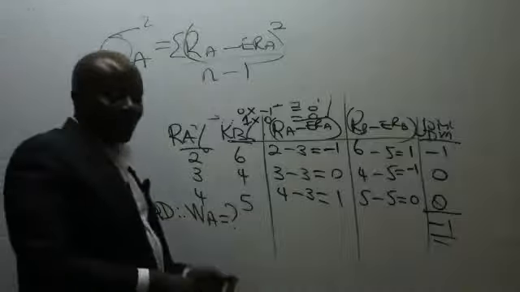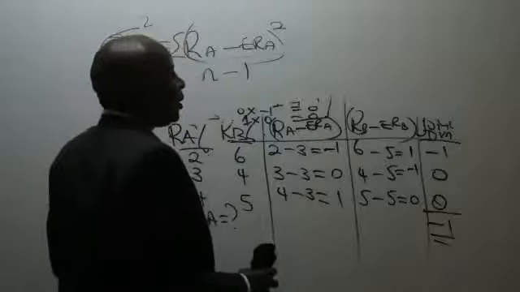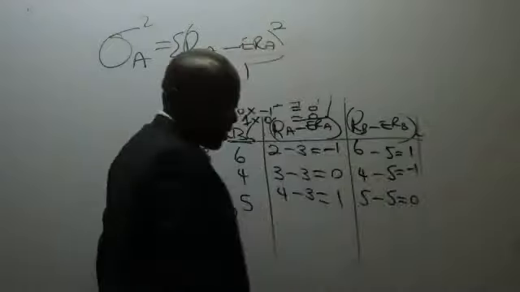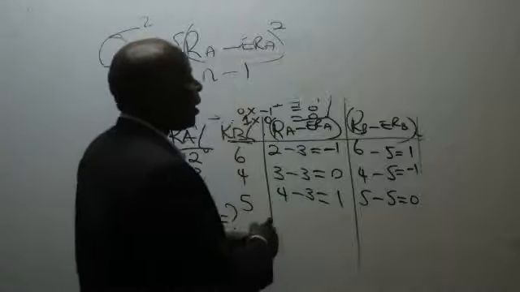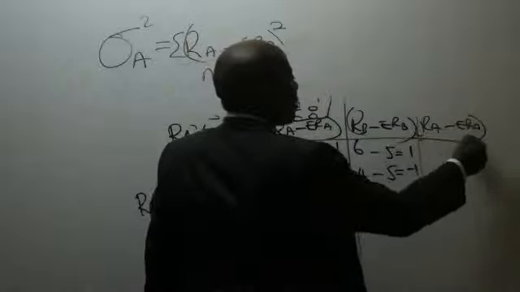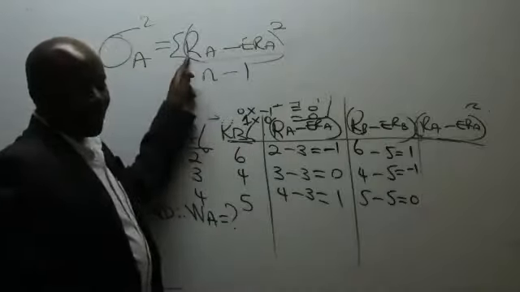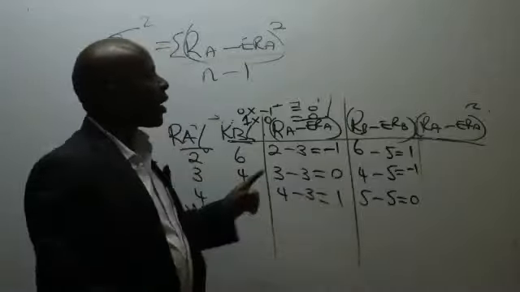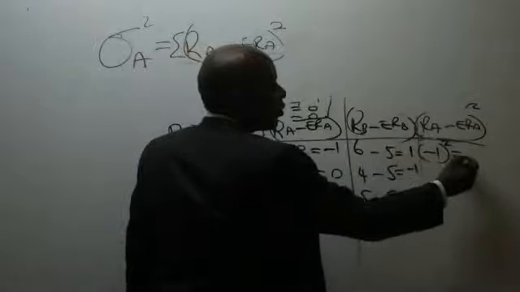And this is why I love teaching. Look at my book. My book is the best, because now the only thing I need to do is to rub this column here, and then I create a new column for this. So we have RA minus ERA, RA minus ERA squared. First of all, I'm getting the numerator alone. So somebody help me square this. What is minus 1 squared? Remember I told you, if it's a negative, you must put it in brackets. So minus 1 squared will give me